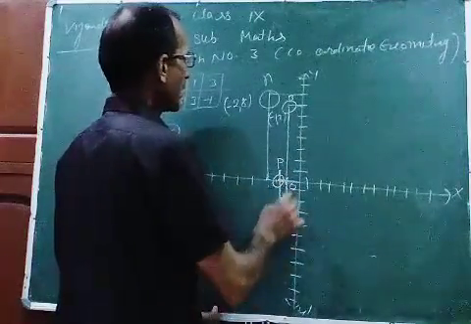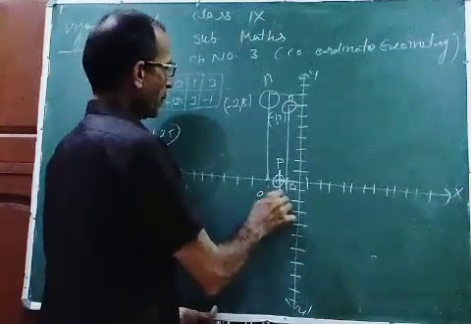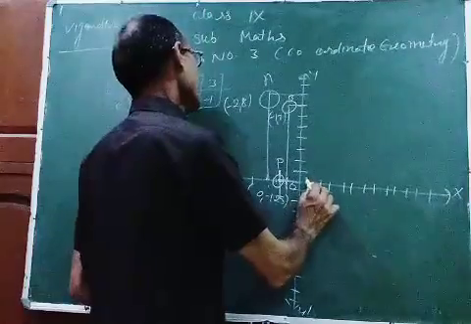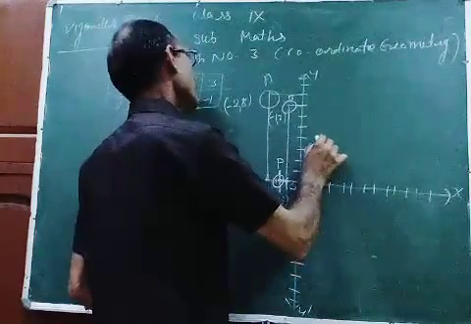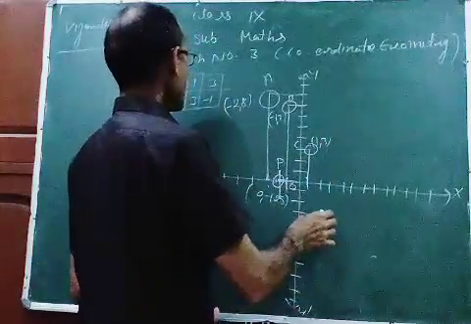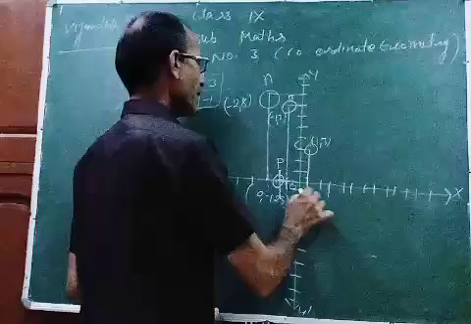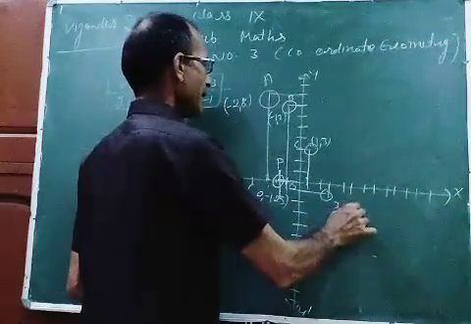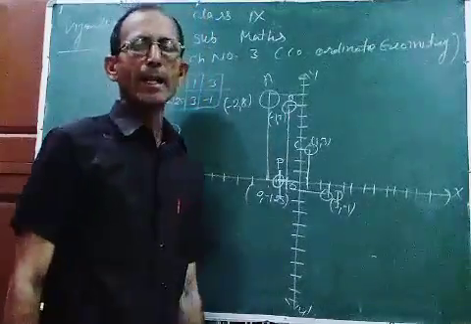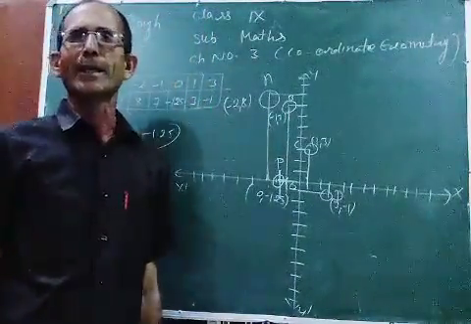So here you can write (0, -1.25). Next is (1, 3). This is (1, 3). Give any name, C. Next is (3, -1): 1, 2, 3. Minus 1, it means downward. So (3, -1), this is the point D. So this is the representation, it means the plotting of the coordinates on the Cartesian plane.